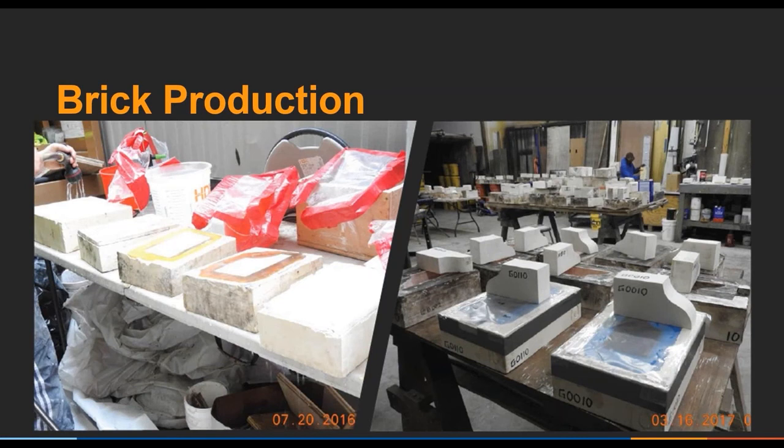The brick production that you see on the right-hand side, these are the molds used in casting our brick. If you remember, I talked earlier about the decision that we were going to meet off-premise. This is their off-site facility where they were actually casting the brick. The brick itself